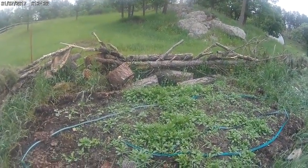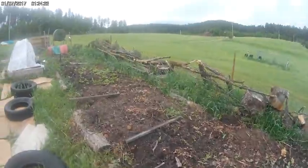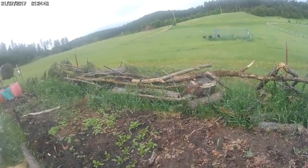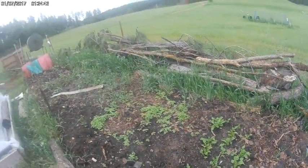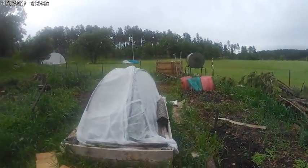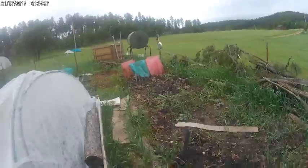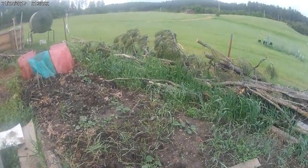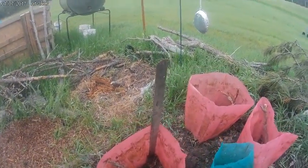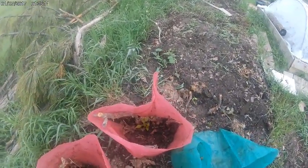But more sunflowers, pumpkins, different kinds of squash. Wow, even more is coming up there. Radishes. I think that's chia seeds there. Chia potatoes. I got potatoes in buckets. I got potatoes in the ground. I got potatoes in hay. So I'll have whole lots of potatoes. I just transplanted these. I grew these from seed. They're still small, but